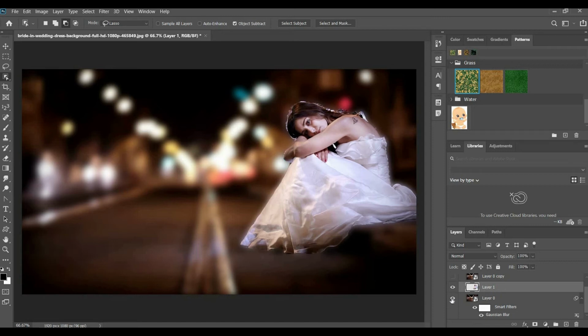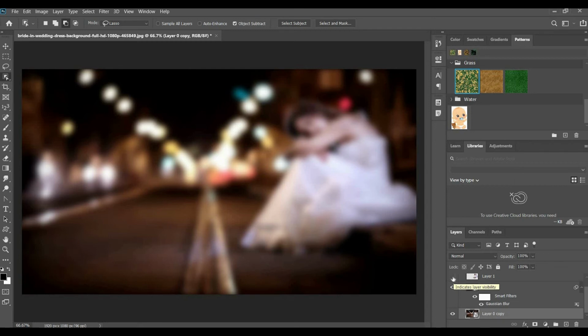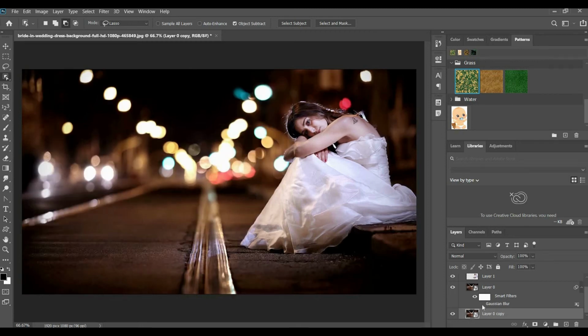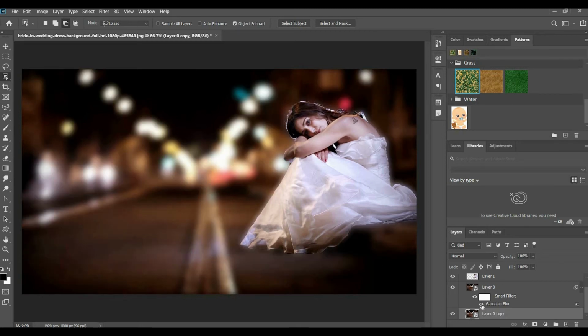Let me move this layer 1. So we got this. Let me make this to bottom. Okay. Just click. Actually, this is our blurred image. Okay, we made one new layer with the selected object, right? The main use of the smart object is if I want to remove the particular option which I have given for that layer, I can remove it by clicking on this. If I want to show, I can show.